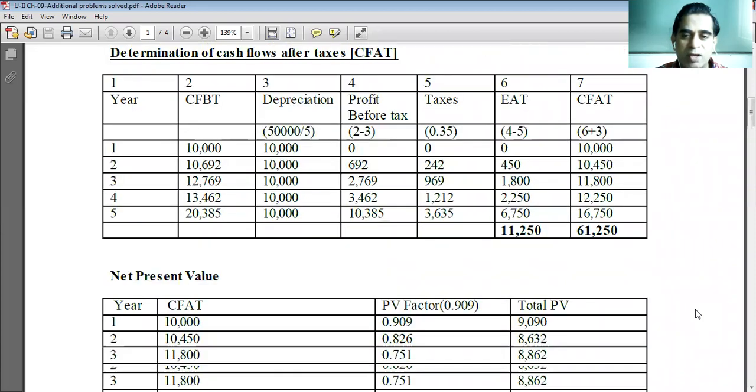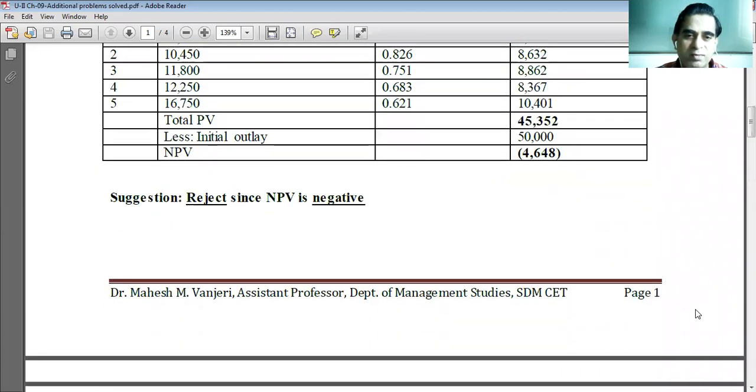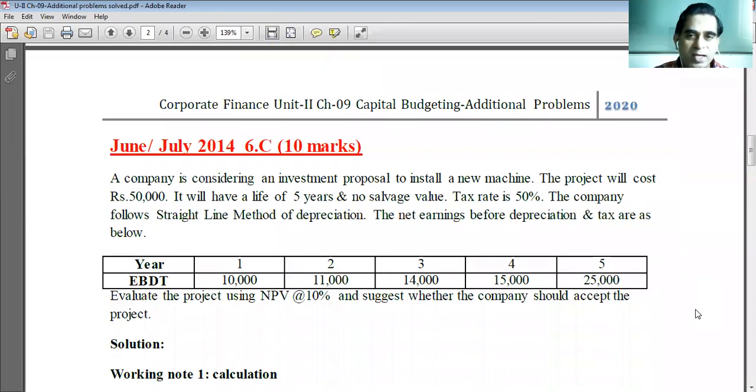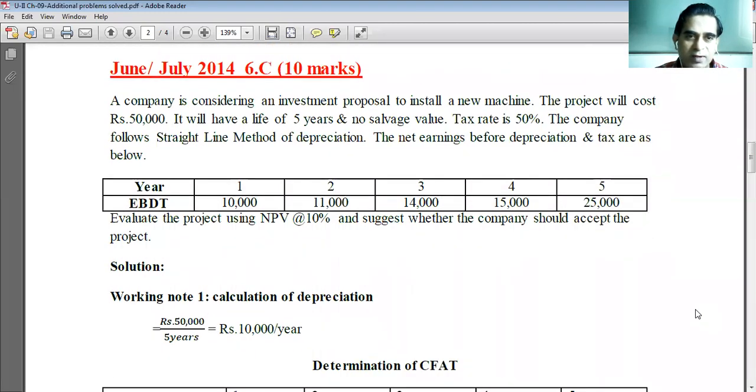If it would have been a class, I would have given this sum to solve in the classroom, but now it is difficult. If I give you the sum to solve, then I will have to sit idle, and I will not know whether students are solving or not. Anyway, it is exactly the same, there is no difference. This is from another question paper, where the same example from the textbook is modified and given.